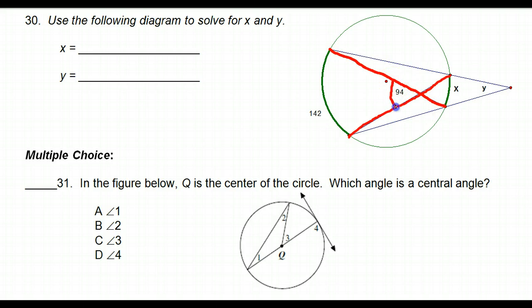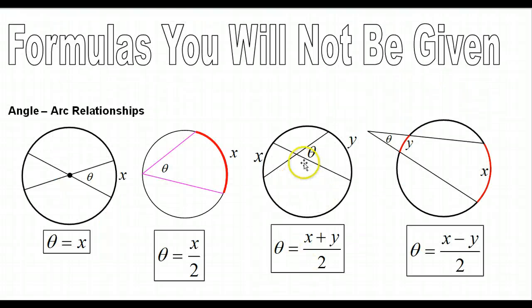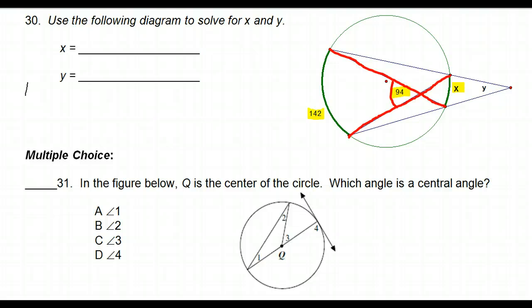Okay, so what we have here is, let me highlight this for you. We have this angle, and we have this arc, and we have this arc. So, using this formula, the angle equals arc plus arc divided by 2. So we're going to do angle equals arc plus arc divided by 2, and that will help us find x. So if we follow through and do that,